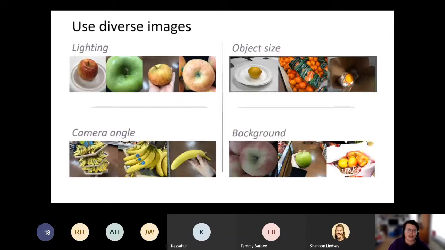One thing you need to take into consideration is that you need different types of images with different lighting, different object sizes, camera angles, and background.